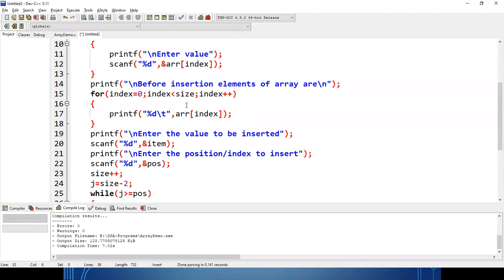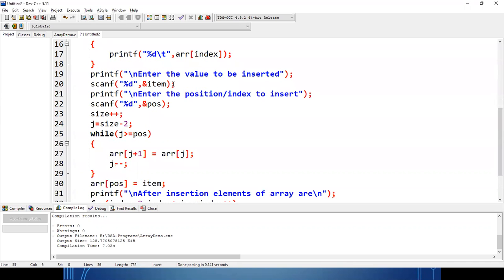Then before insertion, we have not done any kind of insertion, so we are just showing these are my values, whatever I have entered. After that, we are asking the user what value you want to enter and in which index you want to enter. Clear? As I want to add a new value into the array, I'm incrementing the size of the array by 1.